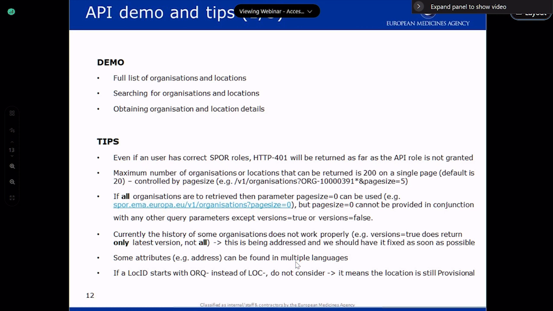And for some of you who might already use the OMS, you might have noticed that sometimes a location ID starts with the keyword ORQ rather than LOC. Please do not consider this as a location, because a location starting with ORQ is still in provisional status. It has not been approved and therefore should not be used or downloaded, because the final location ID will be different. The next part should be for the